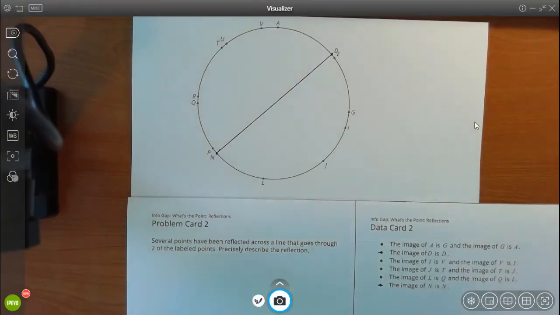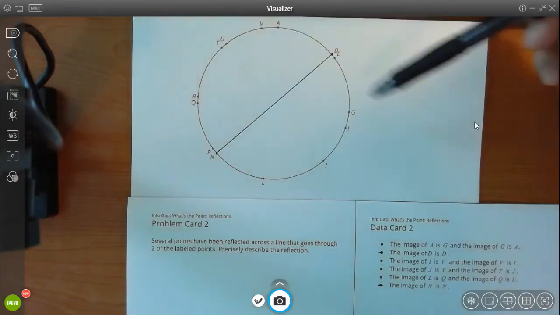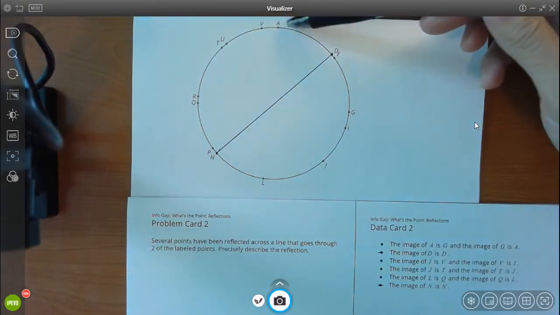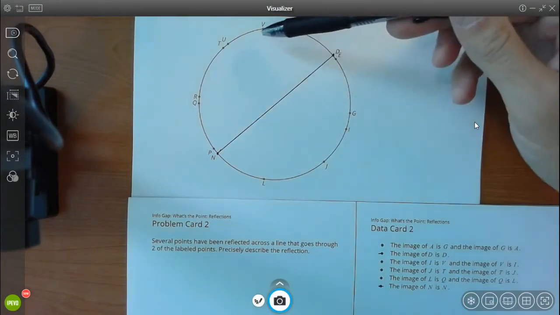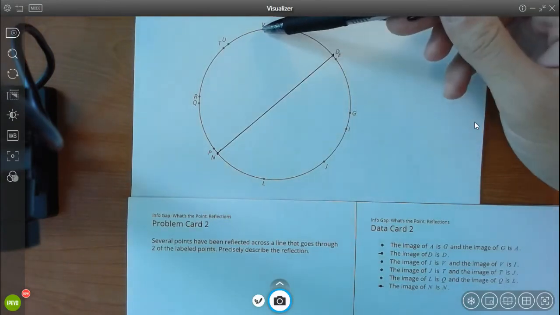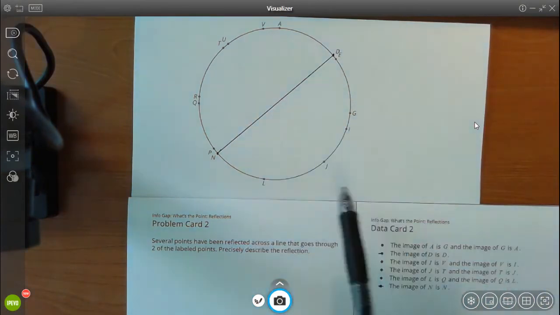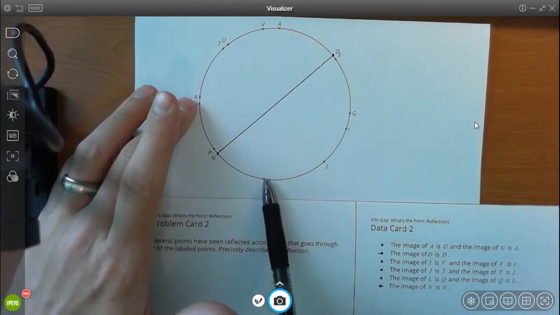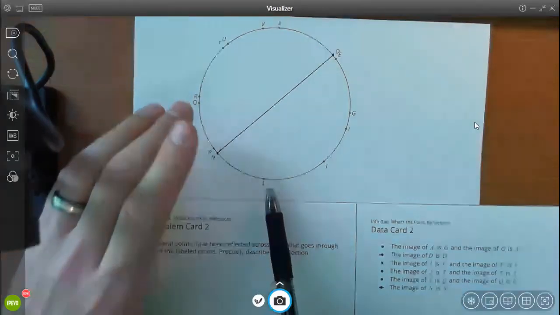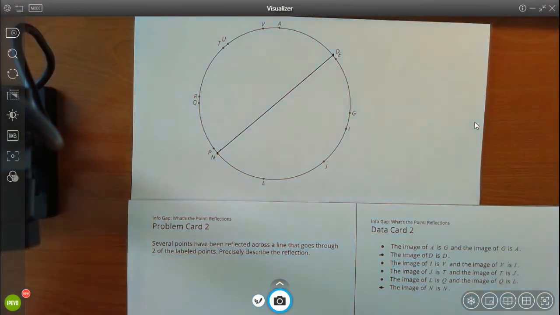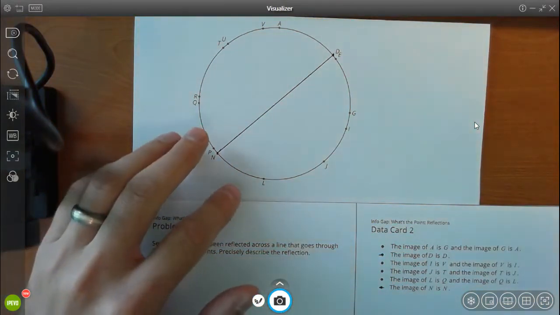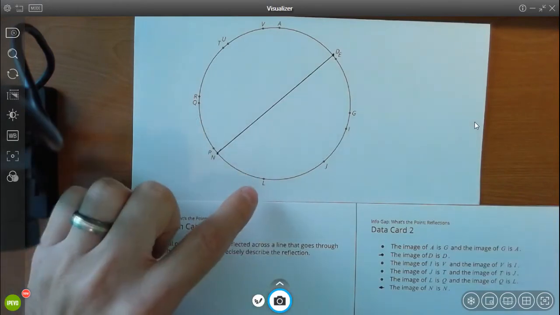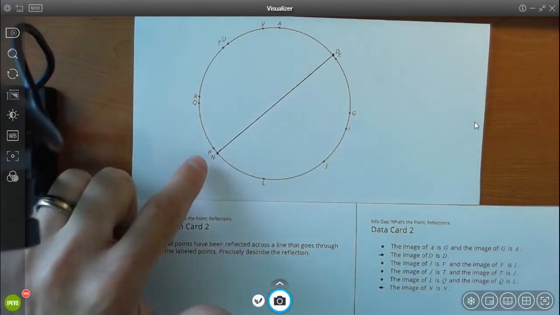If I am looking for all these connected points, you can see that A is reflecting to G, I is reflecting to V, and you can say J and T, and L and Q. It's pretty obvious that those are being reflected. So one way you could precisely describe this reflection is, for instance, with L and Q, that last one I mentioned. You could say that point L is reflected over line DN